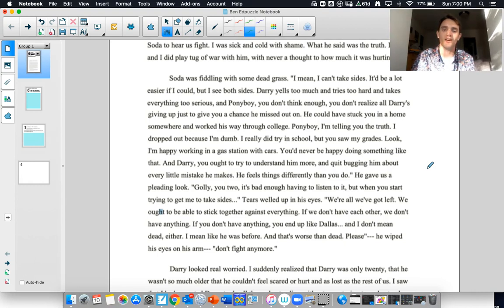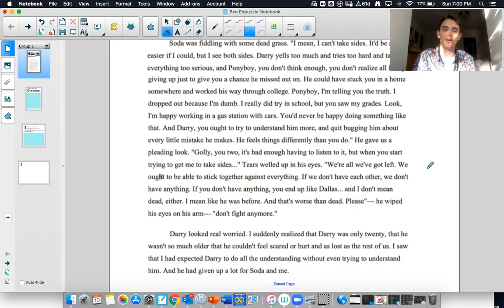He wiped his eyes on his arm. "Don't fight anymore." Darry looked real worried. I suddenly realized that Darry was only twenty, that it wasn't so much older that he couldn't feel scared or hurt and lost as the rest of us. I saw that I had expected Darry to do all the understanding without even trying to understand him, and he had given up a lot for Soda and me.